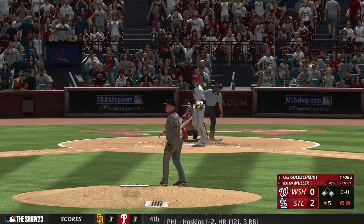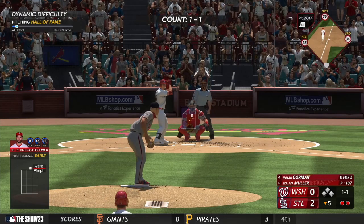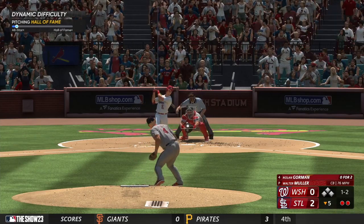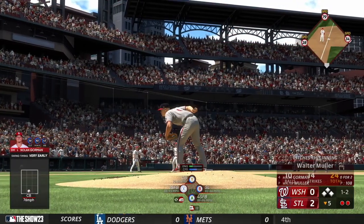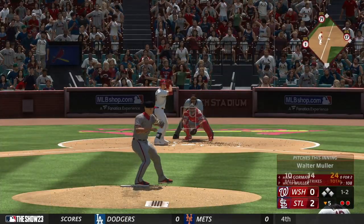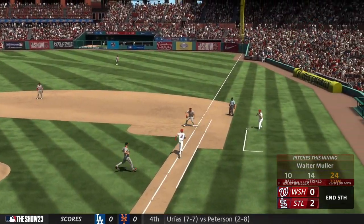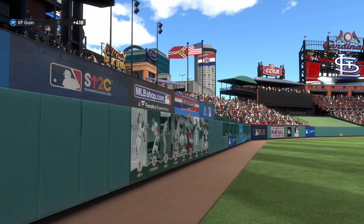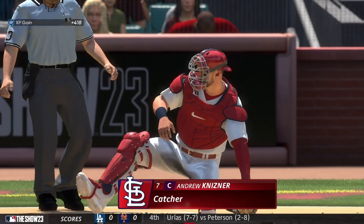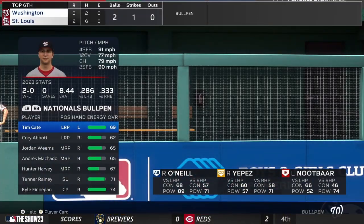And that'll load the bases. Pitch count's getting up there now, and not saying that's the reason for this walk, but this is the point in the game when every sign of wavering starts to get everyone's attention. Kicks and fires. Tapper back to the mound. Play made, that ends the inning. They leave them loaded. We're through 5. Now into the game, Andrew Kizner. He takes over behind the plate. Now catching number 7, Andrew